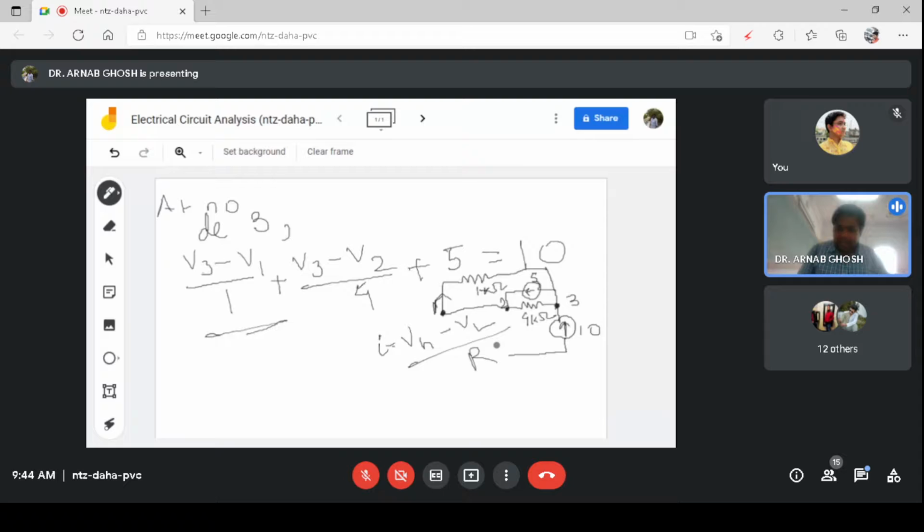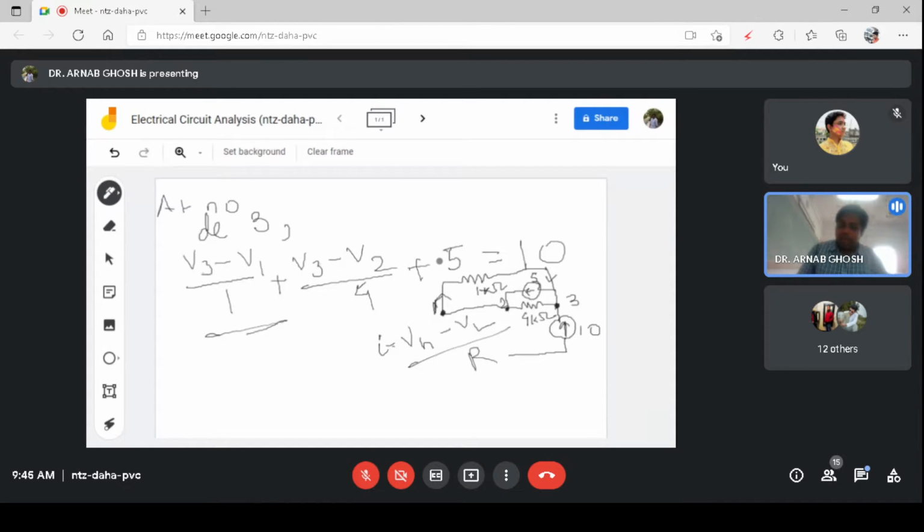So if you are taking that the current is flowing in this direction for node 3, when you are writing node 3, that means at node 3, this current is entering. When you write the equation for node 1, then also you have to assume that this current is leaving, as well as V1 minus V3. This current direction remains constant for the calculation.